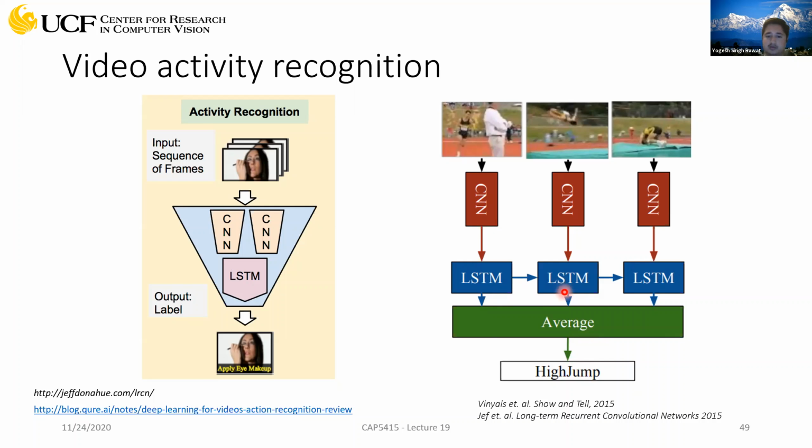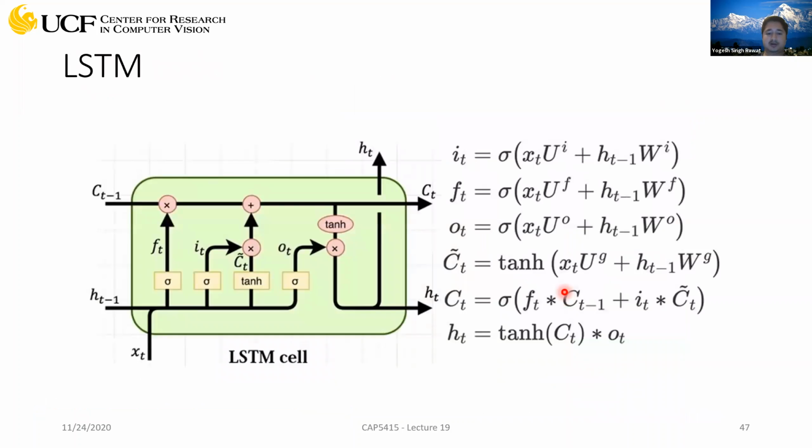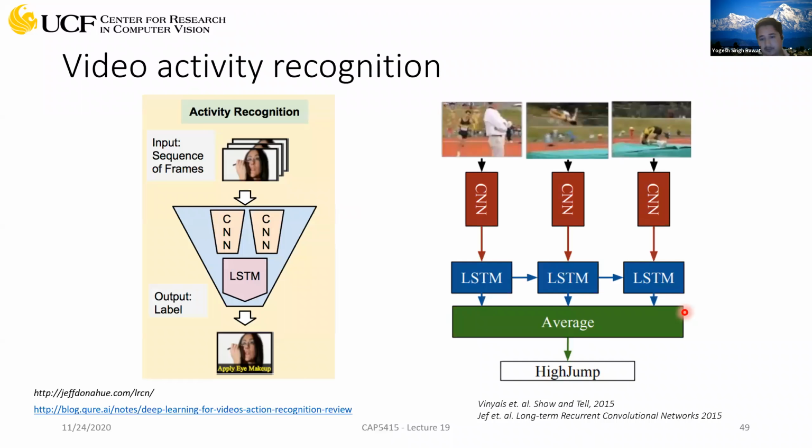Now, the LSTM architecture I explained is using fully connected layers here, right? You have these weights. But you can have another variant where instead of fully connected layers, you have a convolution operation. And that's called a conv LSTM, right? So instead of this fully connected operation, you will have a convolution layer here, and you just replace all these layers with conv operations. And the good thing about that is you don't have to extract these CNN features from these images if you don't like that.